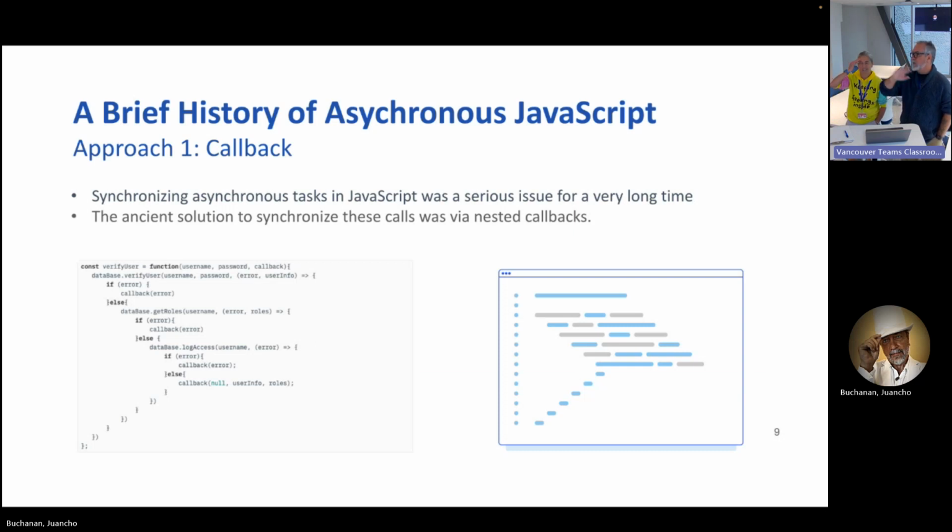That would happen over time, on a separate task. And then when it was done, it would call back this error. So this code, if error and else and database get roles and error and callback error, and then the callback user info roles, right? All of that code was carried around.